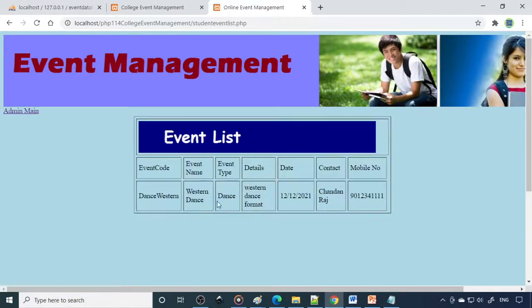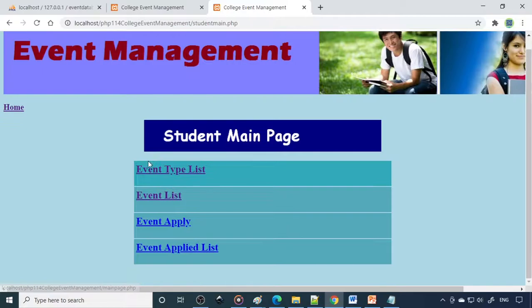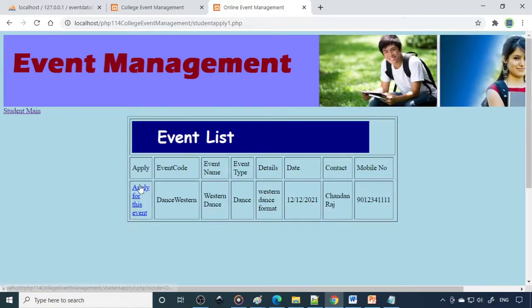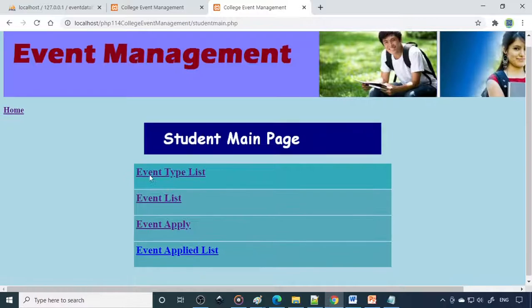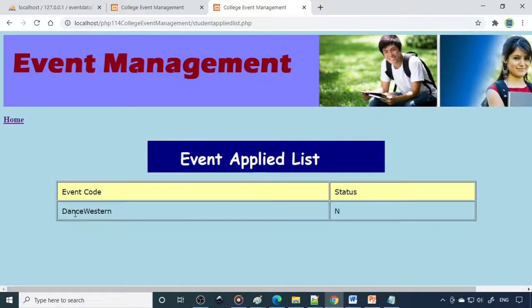Then event list, the event list will be shown here. Then you can apply for this. Okay, now you can see that the link is provided. To select this particular event, when I click this, the event code will be saved. So you have successfully applied for this particular event. In the applied event list, you are joined for the Western dance.